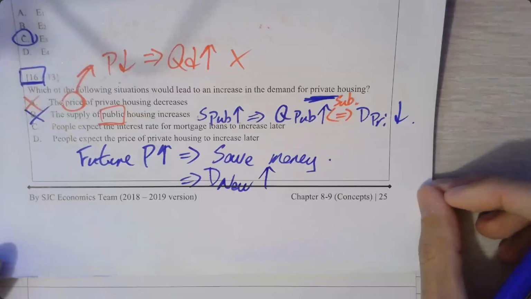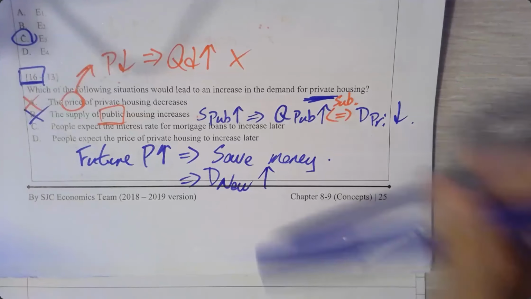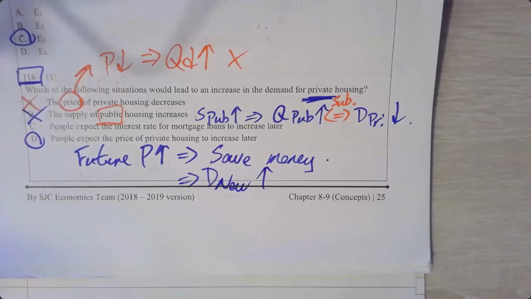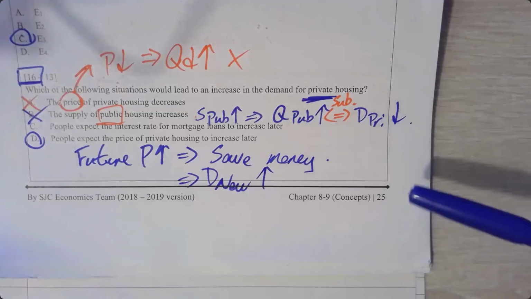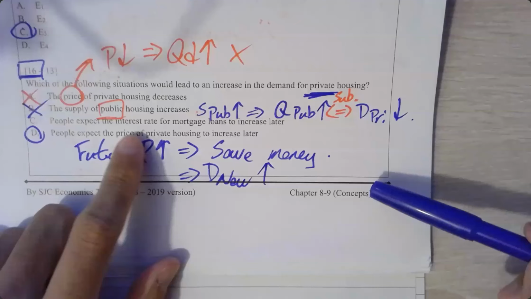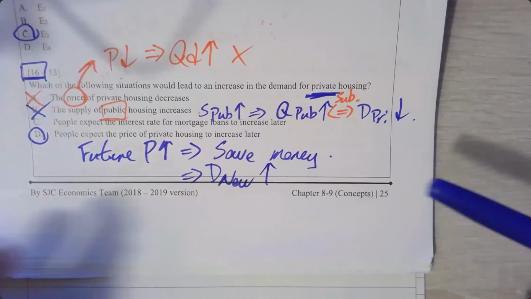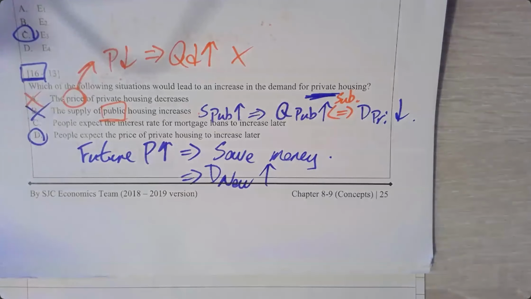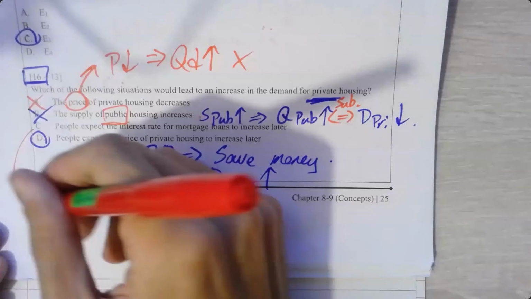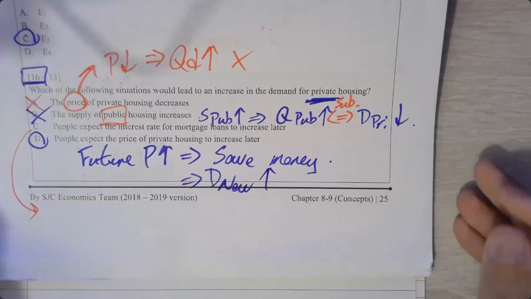increase，OK？Demand now would increase，好嘛？佢即刻買啦。So here answer will be D。好啦，C 係咩東西咧？C is a little bit tricky。當年呢條係出得好差嘅，我覺得。其實有啲勾絲啊，呢個係，好嘛？People expect the interest rate for mortgage loans to increase later。慢慢嚟啊，乜嘢係 mortgage？乜嘢係